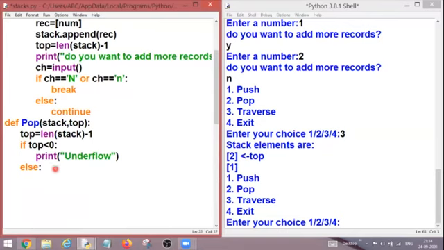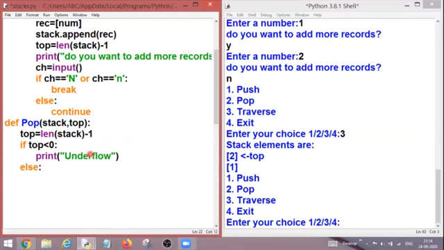I'm coming over here. And how to pop out any element from the list? We have a direct function by the name pop. As we are using append for adding the element in the list, similarly we have the pop function for the removal of an element from the list. So what am I going to do?